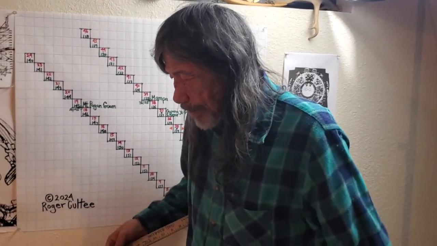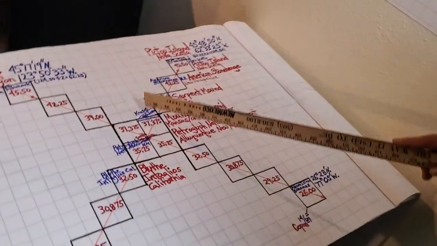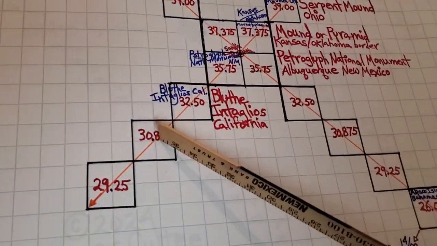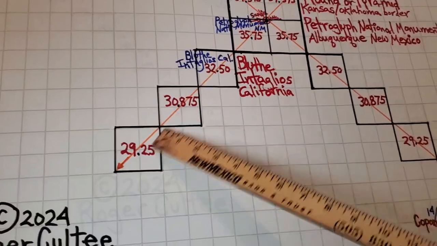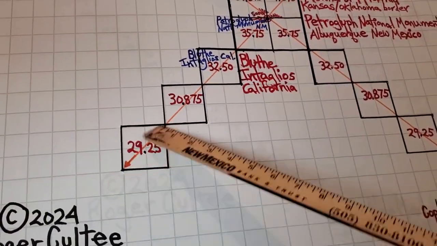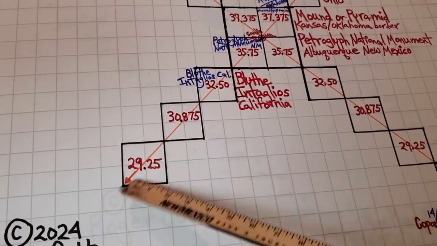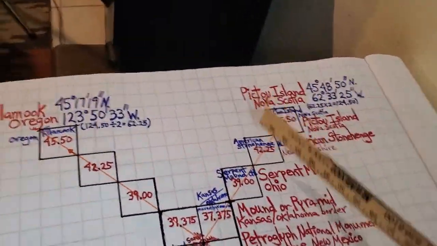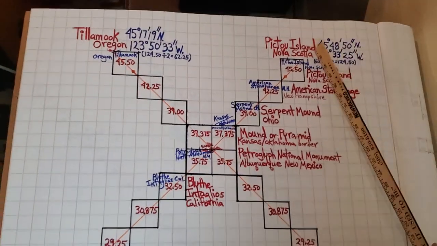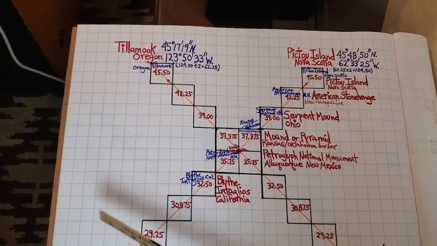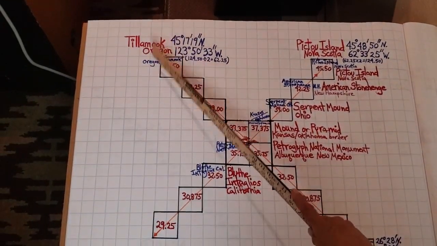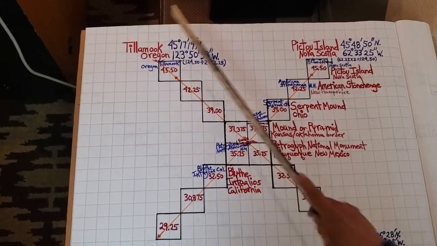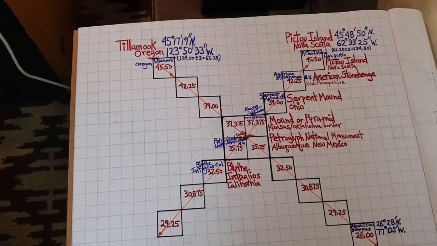So all of these locations mark these 3.25 locations all the way down to the Pacific Ocean. Down this area is San Diego and all of that down here, where you're getting down to Baja, California. So from Picatu Island, it connects not only the woodland tribes and the Great Lakes and all of that, it connects the Atlantic Ocean to the Southern Pacific Ocean. Tillamook connects the Northern Pacific Ocean to the Southern Atlantic Ocean.